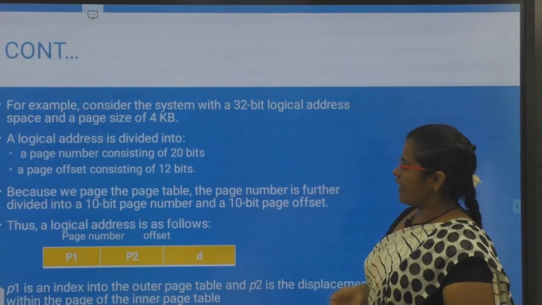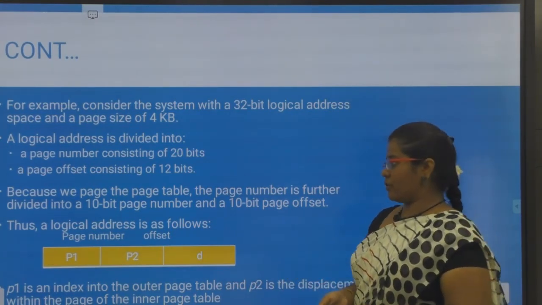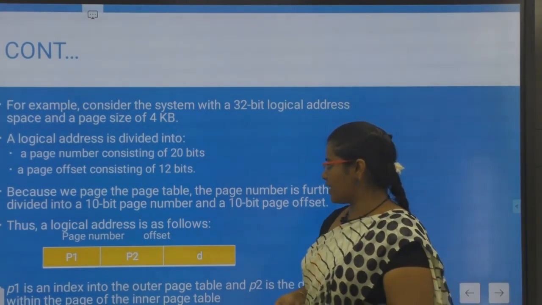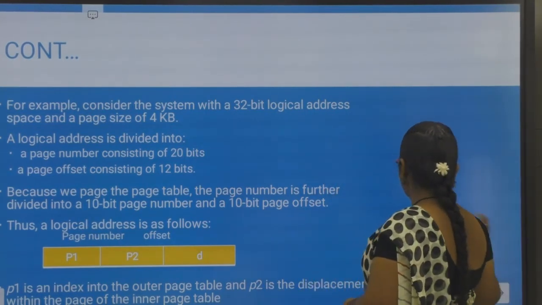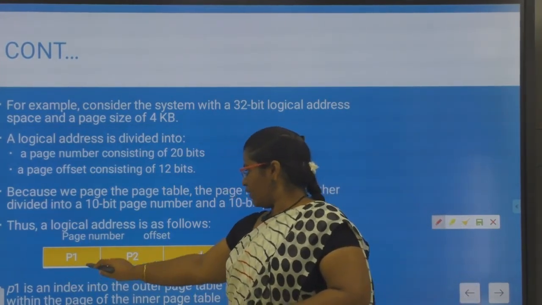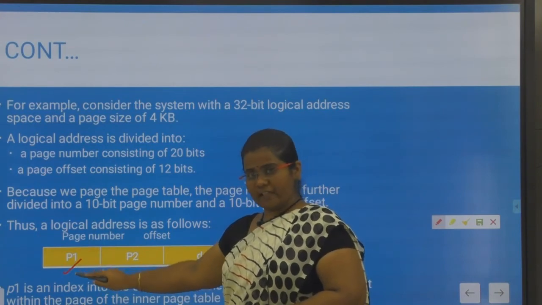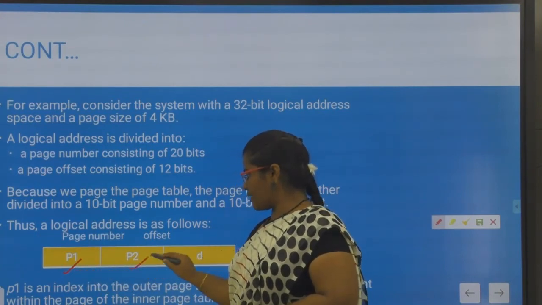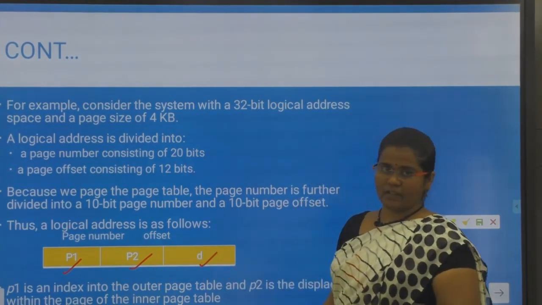So one more variation is you can have 3-level paging also. Before going to 3-level paging, let us see how your CPU is going to generate the logical address. This is the page number of your first outer page table, this is the page number of your inner page table, and then the offset of that particular page.